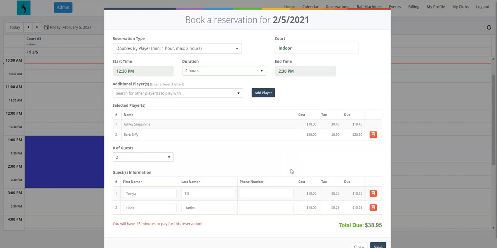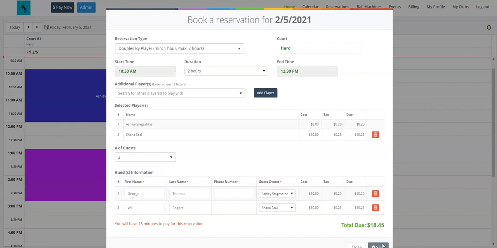This would indicate that the member is going to be paying for both guests, and there is not an option. So again, if you don't check the box to let the members pick which guest or which members are responsible for which guest, then your screen will look like this. So if I click Save,